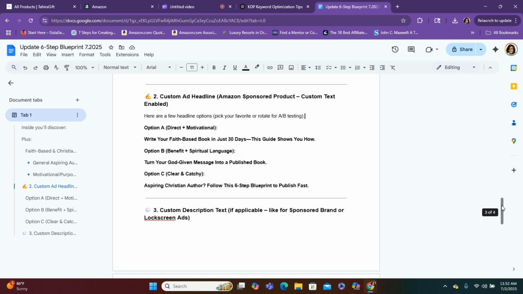Let's see which one of these we like. So here are a few headline options. Pick your favorite or rotate for A and B testing. So I could actually do the same keywords and just change the options, which I like that idea. So you could be running two ads, same keywords, but one says A and one says B or one says C. I feel comfortable running up to 3 ads at a time for one book. Actually, I've done more, but